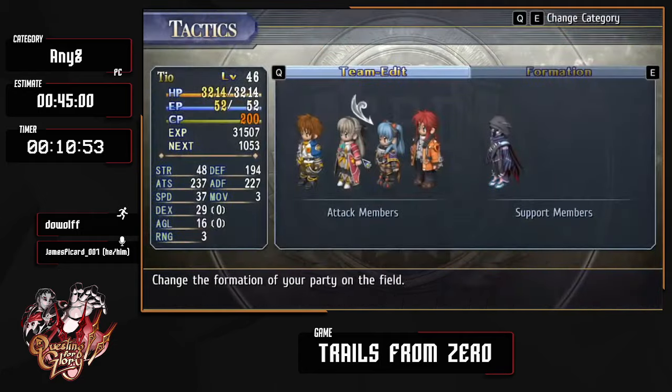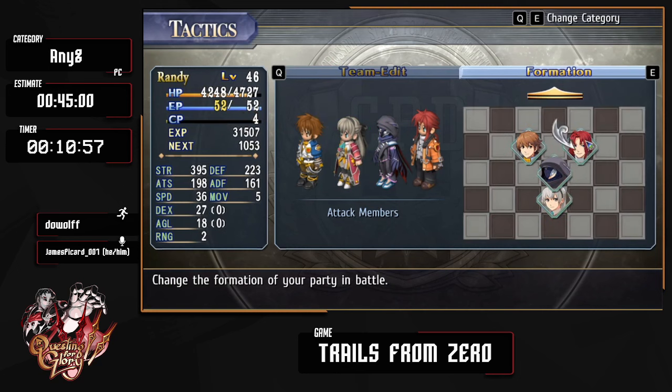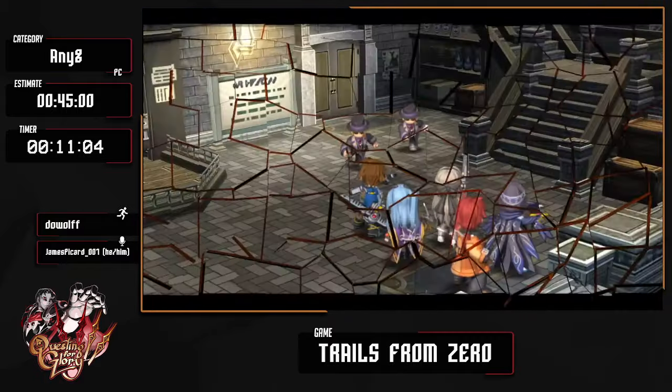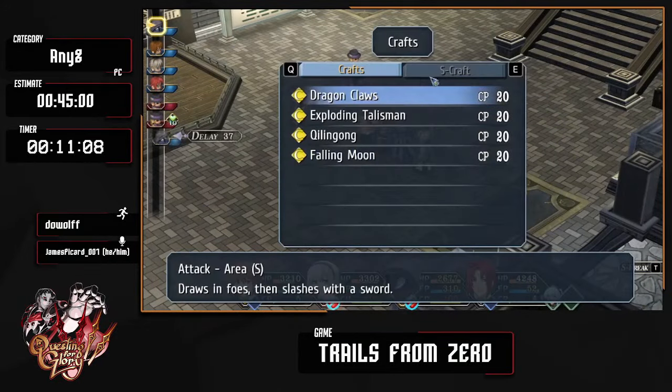And then we're going to put you into the party over Tio, and then we're going to go into an I formation. Why do we go into an I formation? Because it means the enemies will attack Randy, and the rest of our characters are going to be nice and safe from being murdered. Anyways, so what do we do here? We are going to immediately...